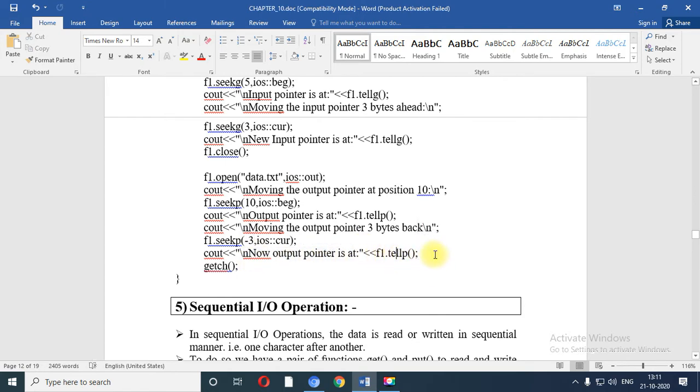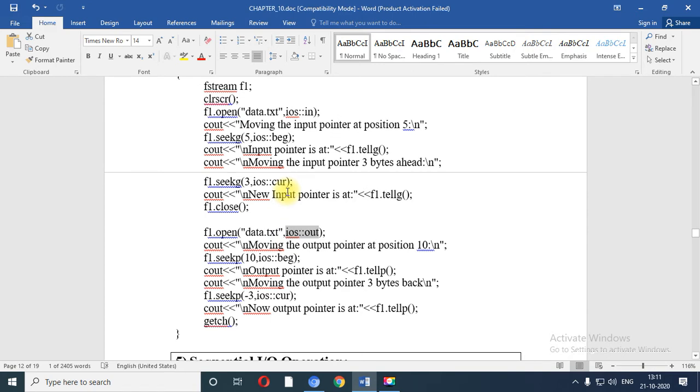So f1.tellp is there, which is used with the output pointer. Remember one thing: when your file is opened in input mode, you can use two functions, seekg and tellg. Tellg returns the current pointer position, and seekg sets your pointer position in input mode.